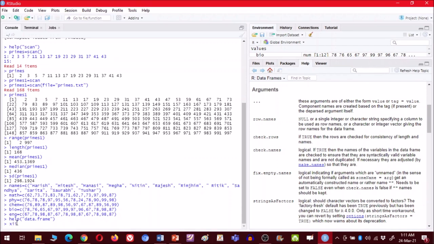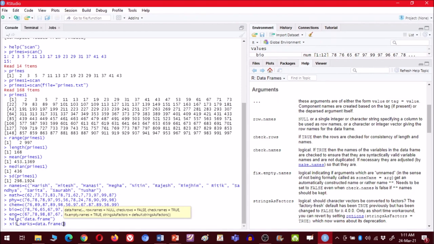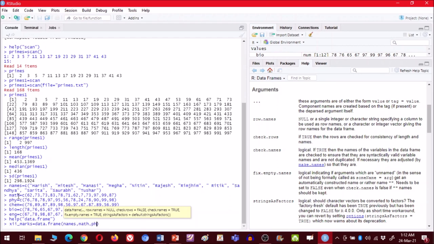Okay, so this is 12th marks. Okay, so this file equal to data.frame. Remember to put data.frame and then enter. And what you should put, all these names, all these variables separated by comma. Names, then math, then physics, then chem, then bio, then English. These names should match the name of the variables. If you will put capital or if you will put something else, then it will not create the data frame.